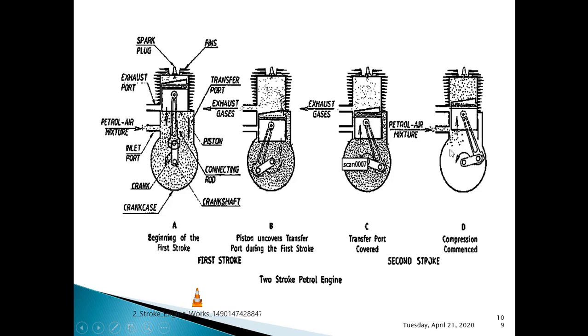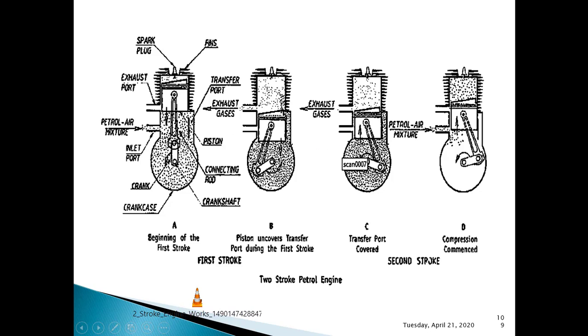So this completes the two-stroke petrol engine, and I will revise this once again, and I will tell you a very simple way of remembering it. If you remember that, then you can clearly write the working principle of the two-stroke engine without any hiccups. First I will tell you the procedure of the working principle of the two-stroke petrol engine once again, then I will give you a hint to remember it. Yes, let us recall that working principle once again.